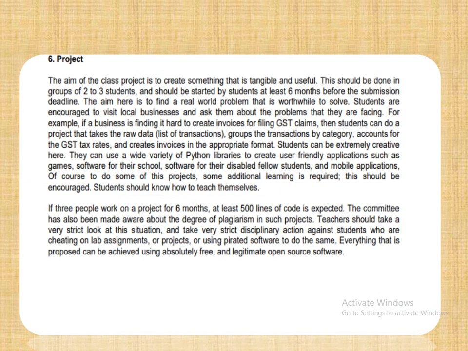Next come to the new things, project. Basically in class 12 there are two practical files. First one is the practical, that means the programs and their output, and next one is the project file. Project file means you have to make some small projects, like a calculator, a school management system, a hotel management system, any small project.